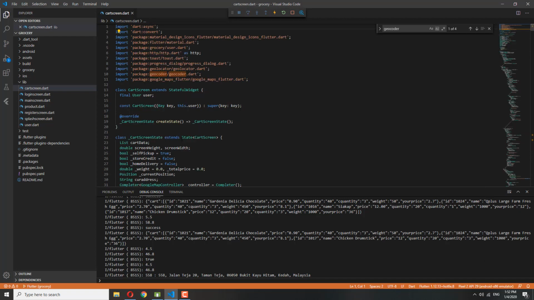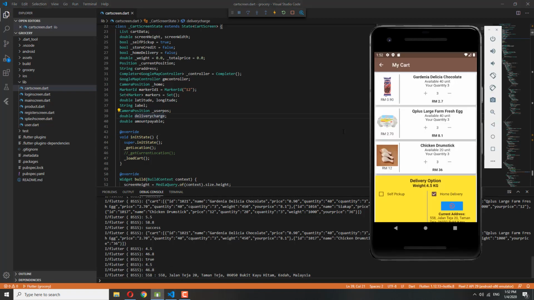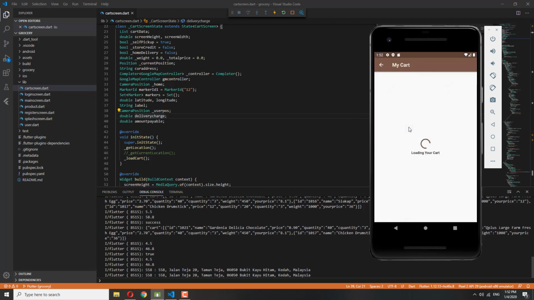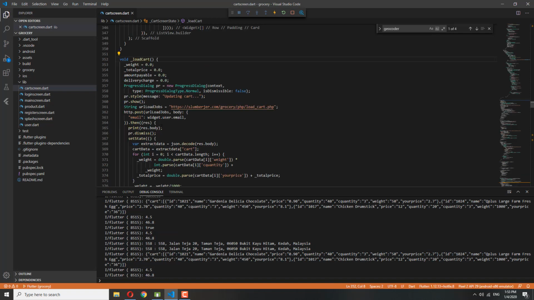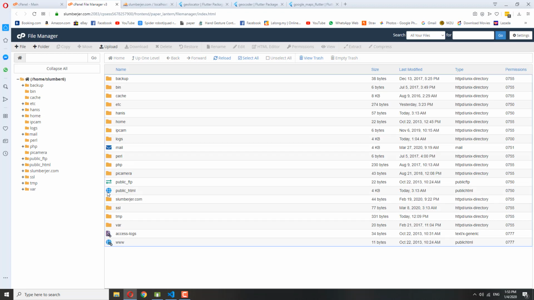Alright, so we start with our cart screen class here. Whenever the user selects their cart, either from here or also from here, you get to load cart. Ignore the get location method for now. Load cart here will load the content of the user cart using the load cart method, and the PHP that handles load cart is loadcart.php. So you can refer to the loadcart.php on the server,